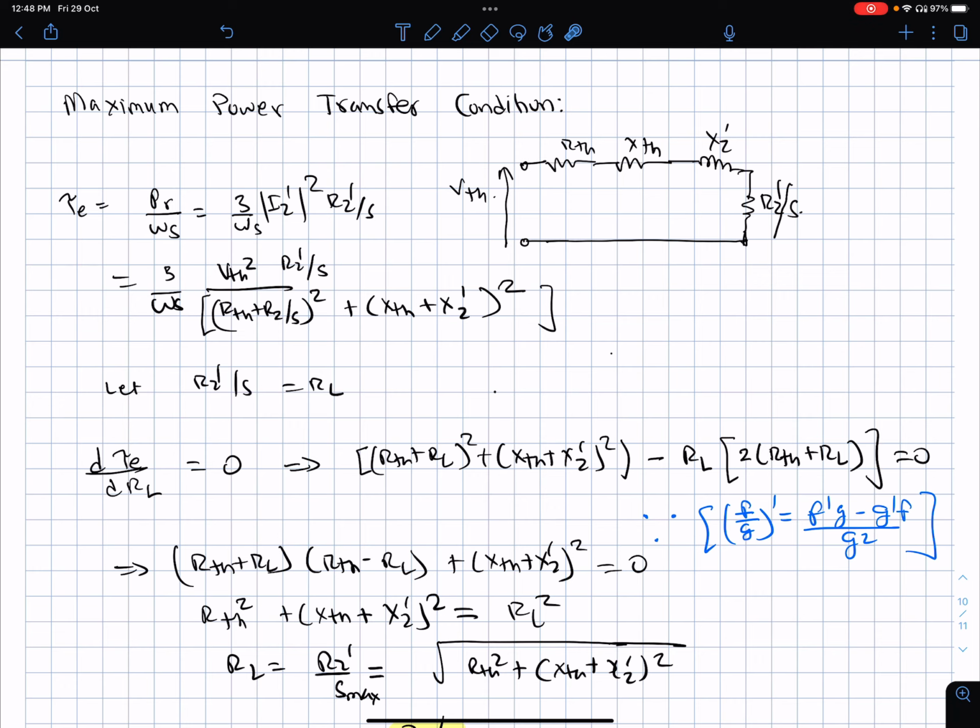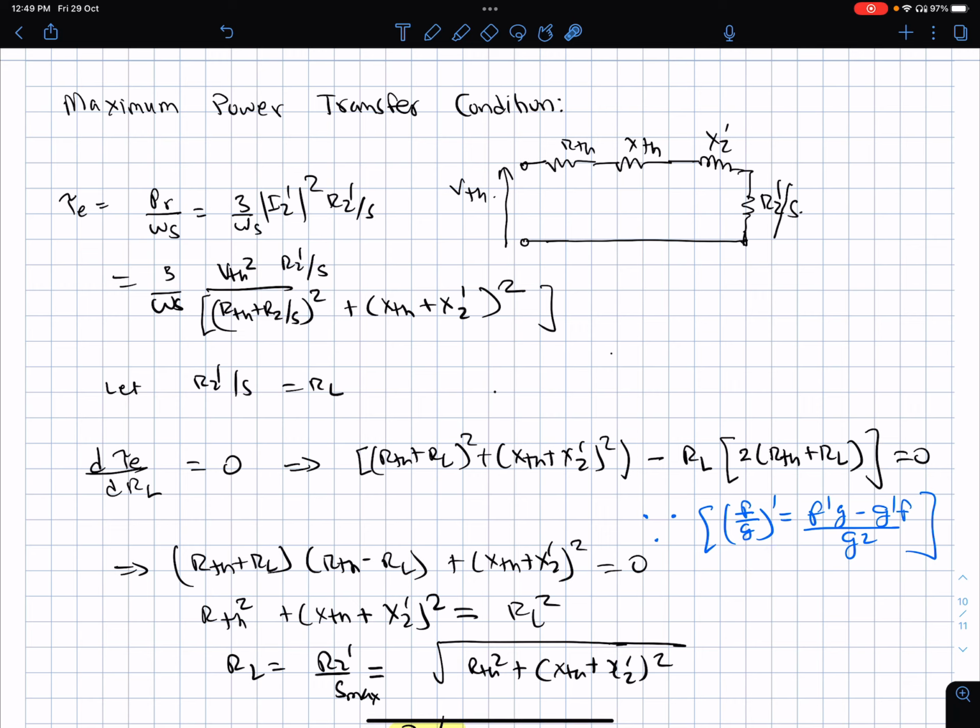So now this equation will simplify to, see, the 3 omega by omega s V Thevenin square is a constant, so we don't have to worry about it. R2 dash by S, I am writing it as RL. So this equation is, numerator has practically RL divided by R Thevenin plus RL whole square plus X Thevenin plus X2 dash whole square. So call that numerator RL as F function, the denominator sum of the square of the